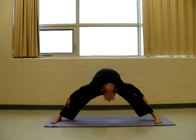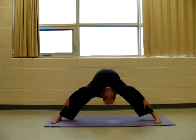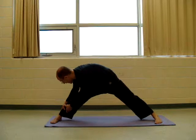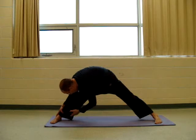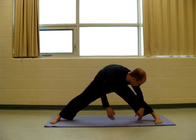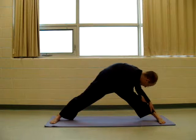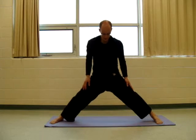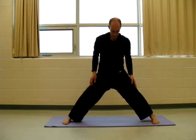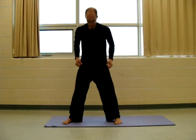Just hang here. Lower your head to the floor if you want. And come over to one ankle if you so choose. If you did, go the other side. Heel toe it until you can step in, but we'll make our legs about half width of what they just